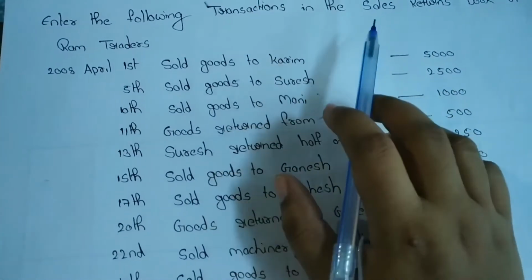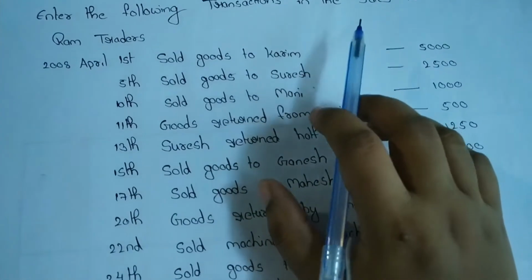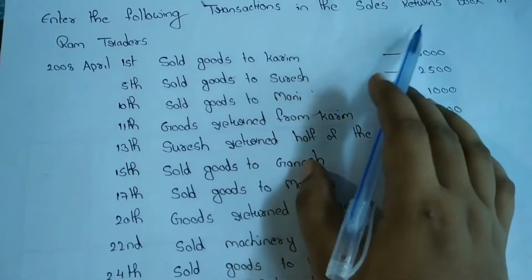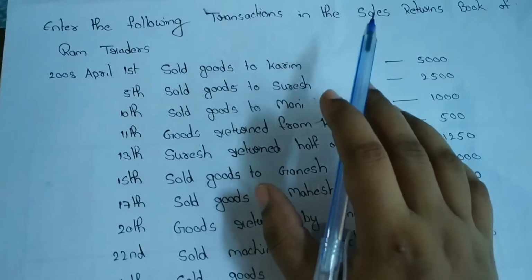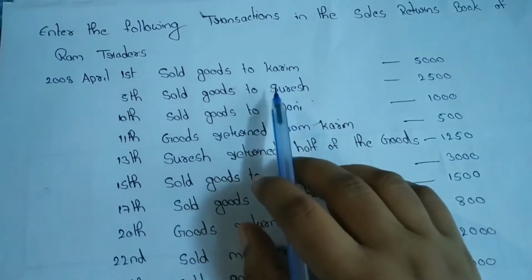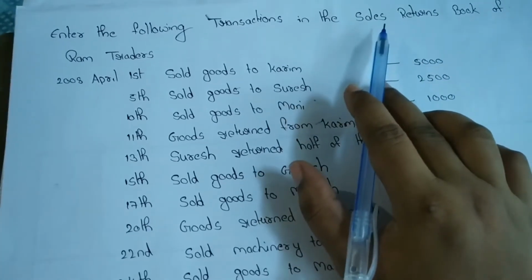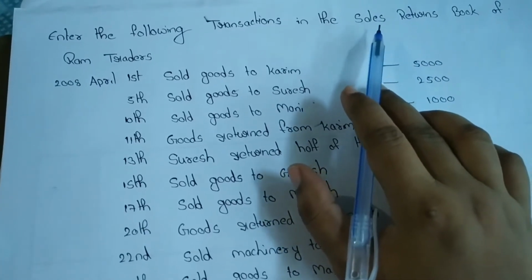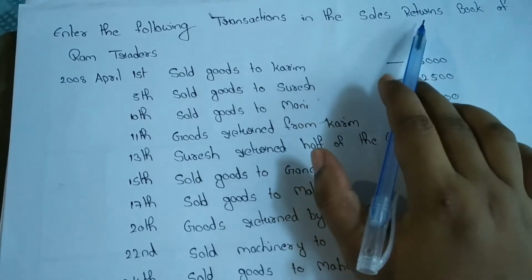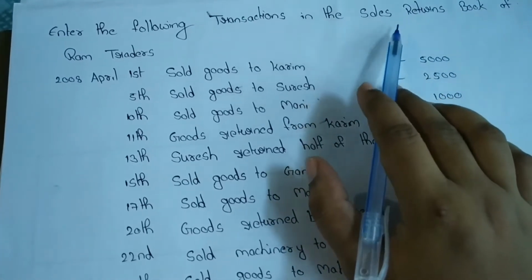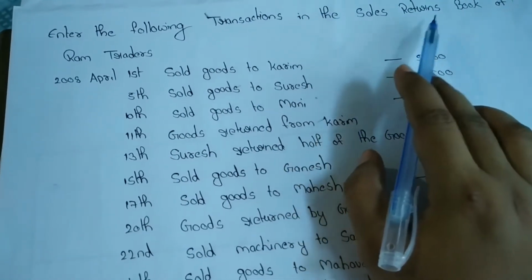So as usual in business, there is a purchase and sale of goods, right? So we sold goods to our customer. In that case, the customer returned some part of goods again to our business. That is called sales returns. It means the sale was already done, and the sold goods are returned by the customer. So that is called sales returns. Only that type of transaction should be recorded in the sales returns book.